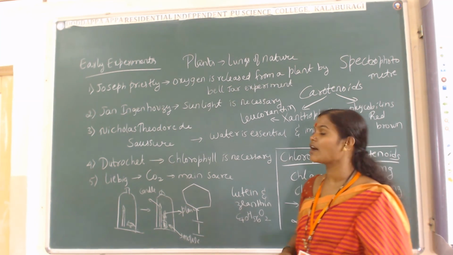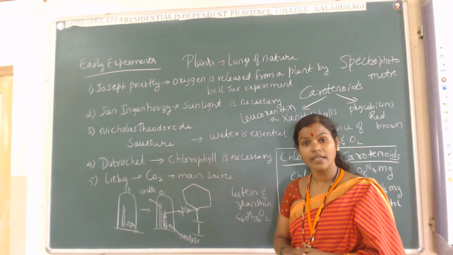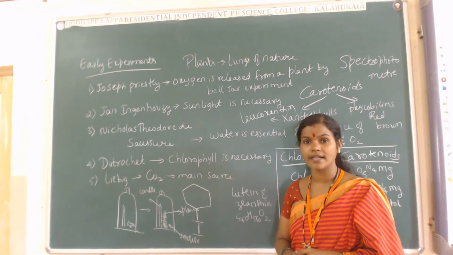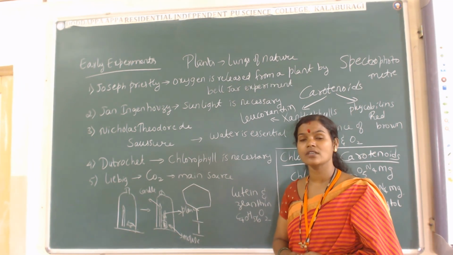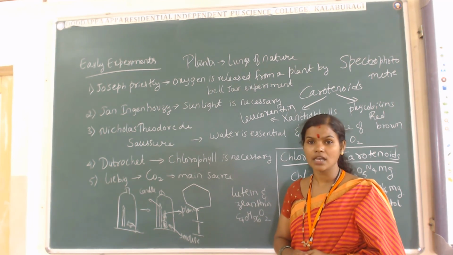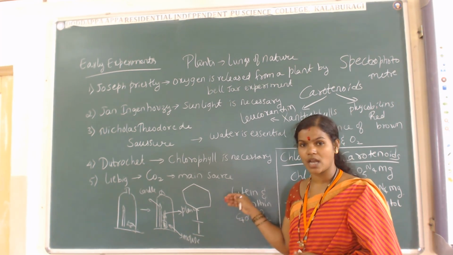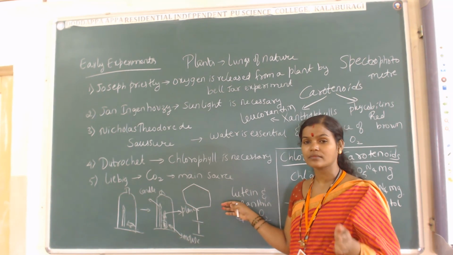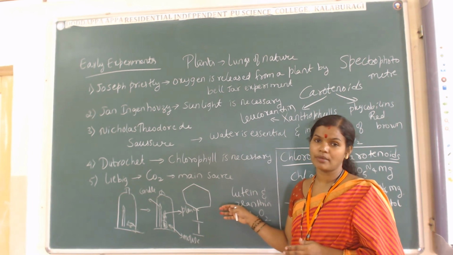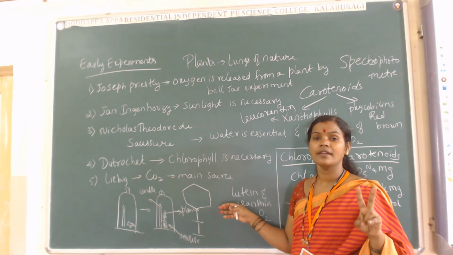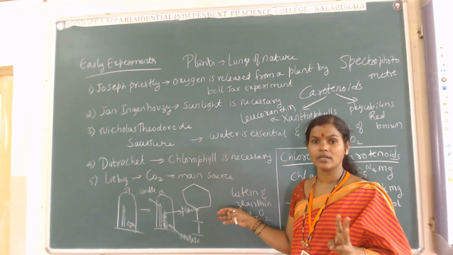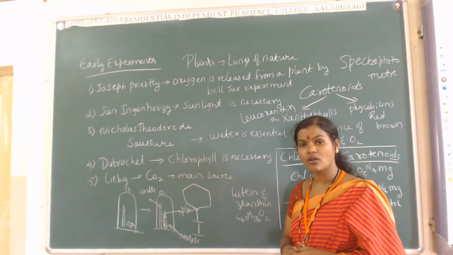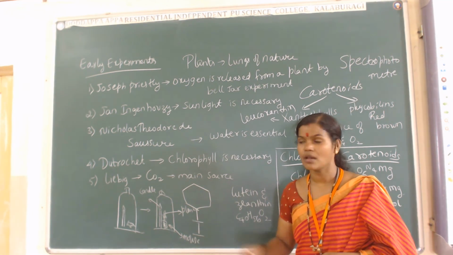So after this we have to start the reactions, light reaction and the dark reaction. If we complete the light reaction and dark reaction, photosynthesis is completed. So half of the chapter we have completed here. Still 50% is remaining, that is light reaction we have to see, dark reaction we have to see, then factors affecting the rate of photosynthesis. If we complete these 3 to 4 concepts, then the chapter is completed. Okay, please note it down.